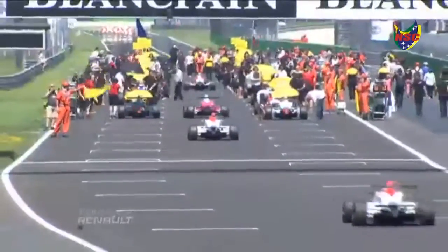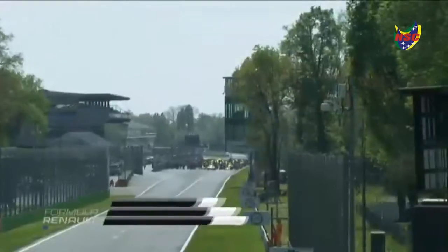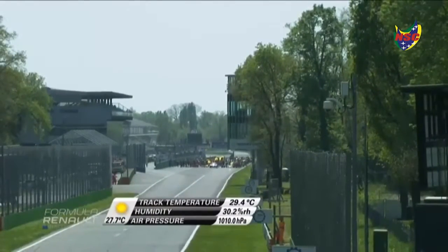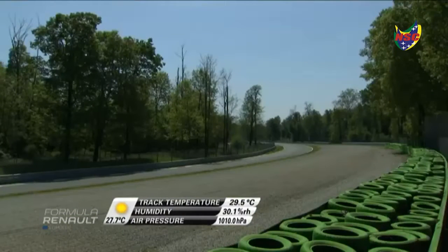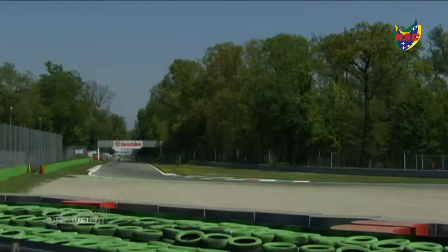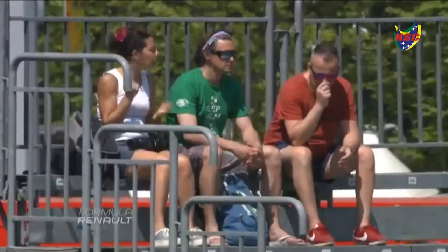We're here at this most historic of venues, the Monza circuit, originally built all the way back in 1922. There you can see it's almost as hot as it was yesterday, just half a degree less. So it's going to be a tough call for the drivers in a half-hour plus 1 lap race. We're set in the Royal Villa of Monza Park, which is the largest city park in Europe. So all around the circuit there are people jogging, riding bikes, going for picnics, and it's a beautiful setting for